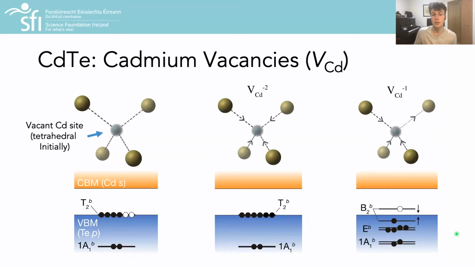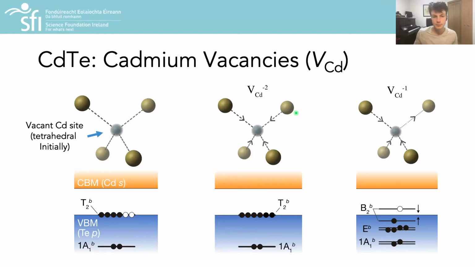Starting from the bulk material, we can think of what happens when we remove a cadmium atom. And this way of understanding defect behavior was pioneered by G.D. Watkins in the 1980s. So it takes its two valence electrons with it, coming from the top of our VBM, which is primarily composed of tellurium p states. In the fully ionized -2 charge state, there are no missing electrons, and so we retain the tetrahedral symmetry of the cadmium site with a slight contraction of the neighboring tellurium atoms and an overall shallow delocalized defect